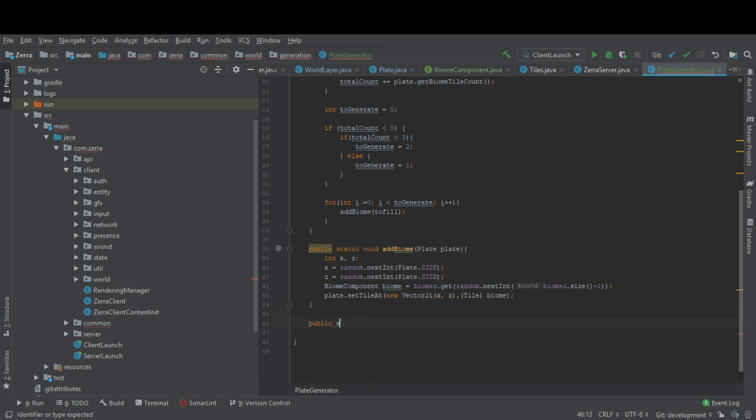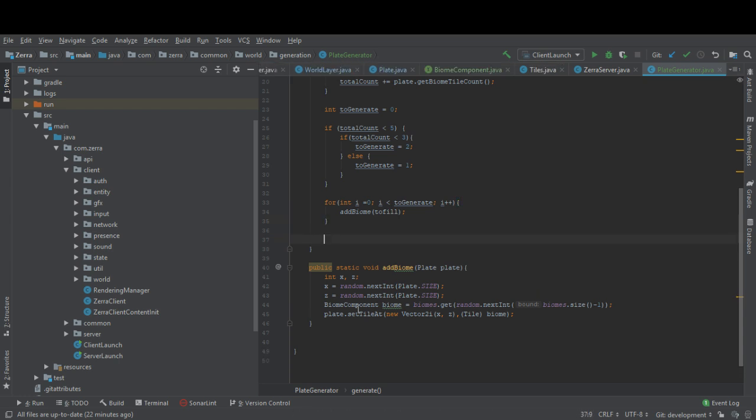I'm going to do public static, no, actually I'm just going to do it over here. So we're adding all biomes. Now we're going to do biome list and their biome components, biomes around, yes, is equal to new array list, and then we're going to do